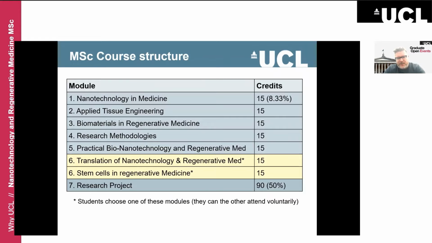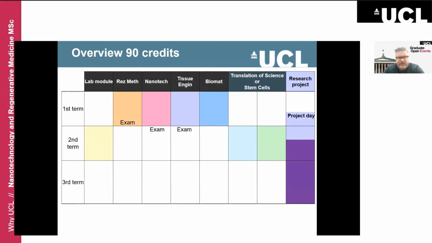It's unusual for a master's course to have a complete 50-50 split between research project and taught components. And we do this because we think a real strength of our division as a whole is the research we do. And we really want you to get engaged in the research too, both as a learning tool, but also for your future development and potential publications or engagement in the research community.